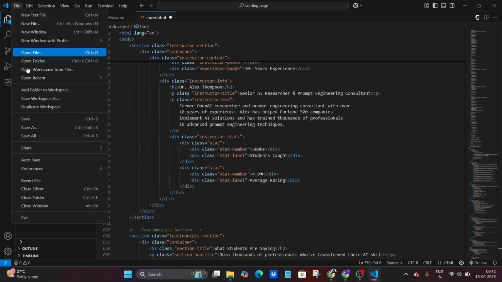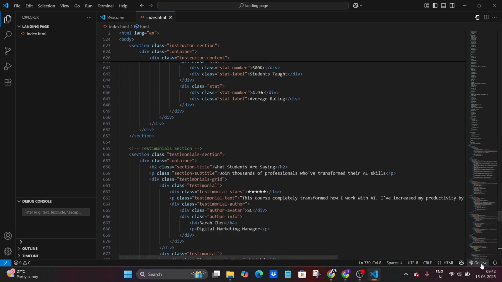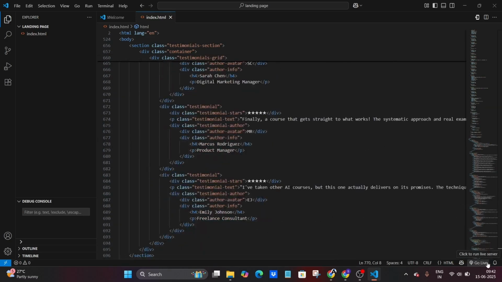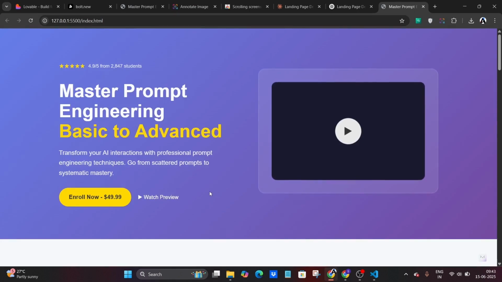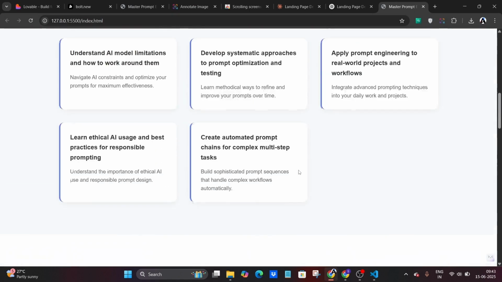You need to come here and save it. That is simple. Now, you need to go to the right side corner, and in the bottom you can see this Go Live button. Just click on the Go Live button, and it will start generating. This is our landing page that you can see, which is similar to